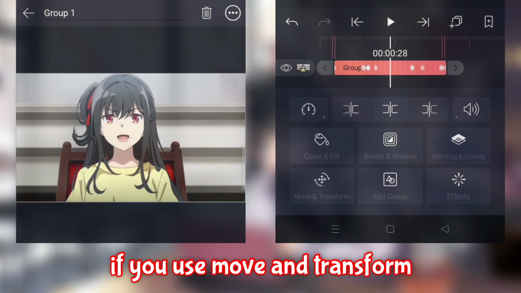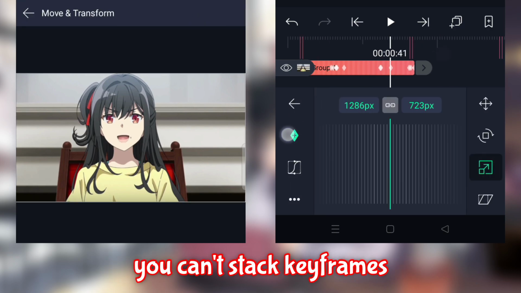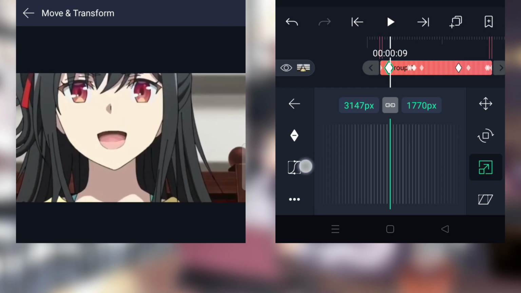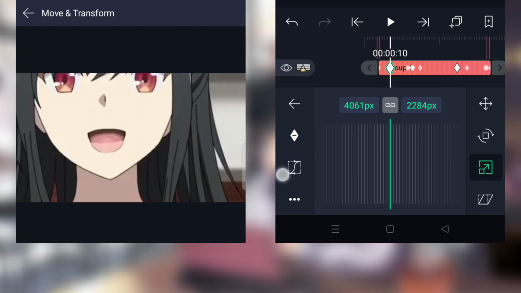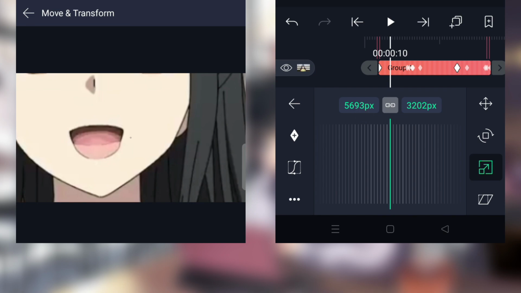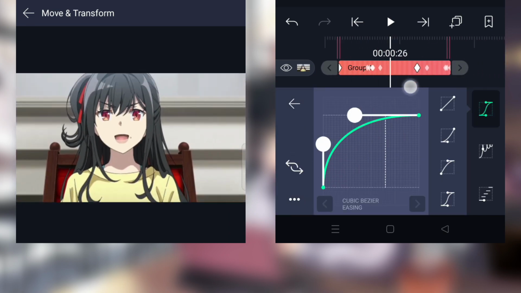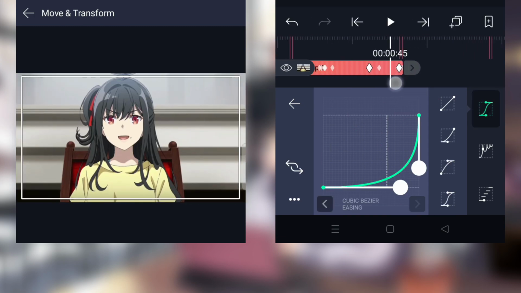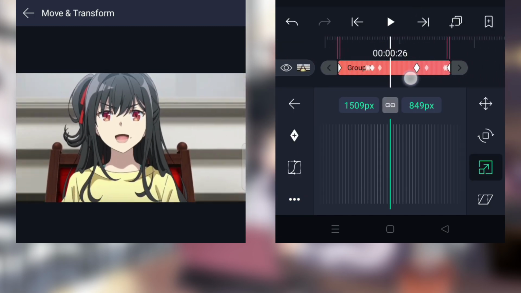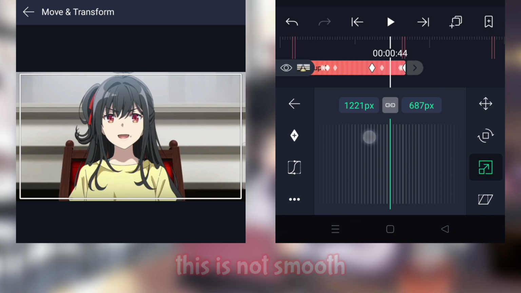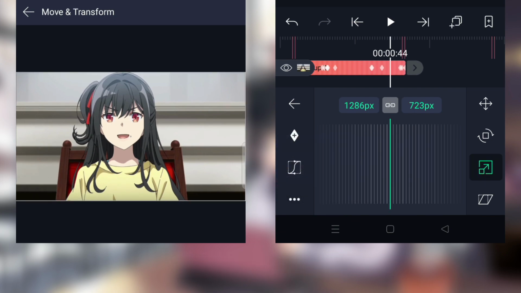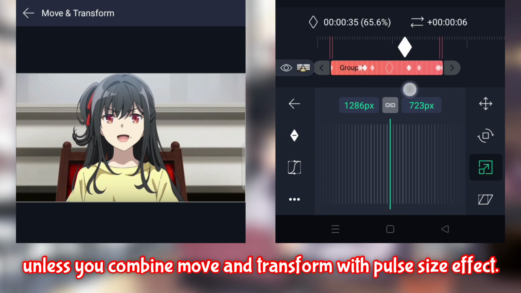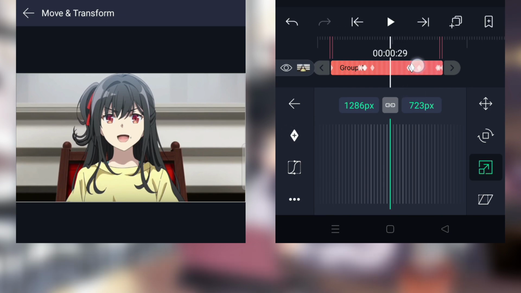If you use move and transform, you can't stack keyframes. This is not smooth, unless you combine move and transform with pulse size effect.